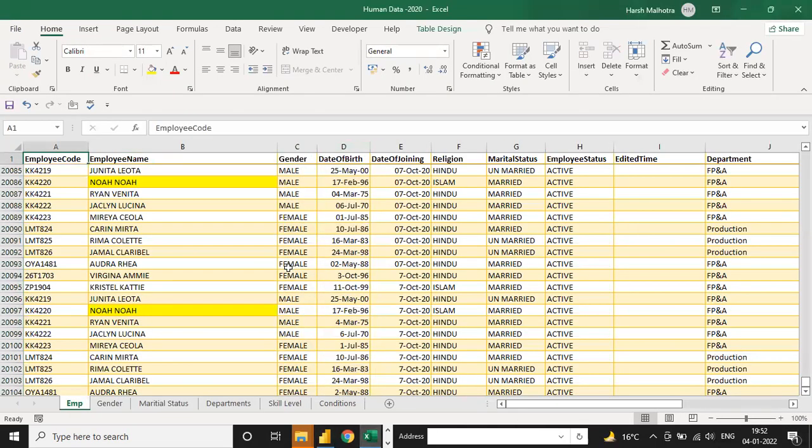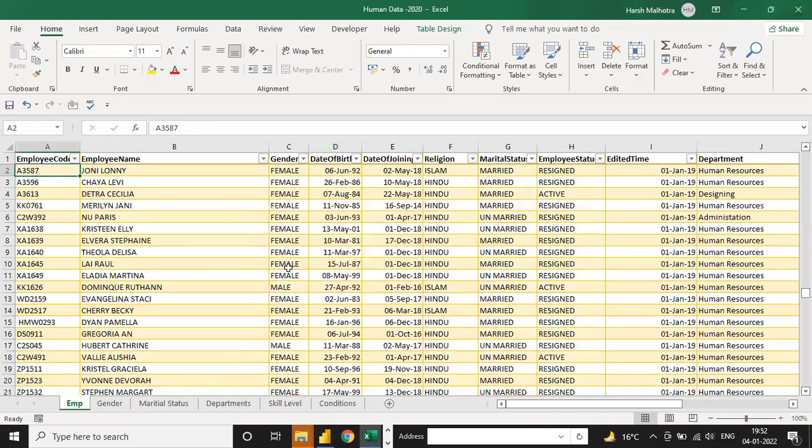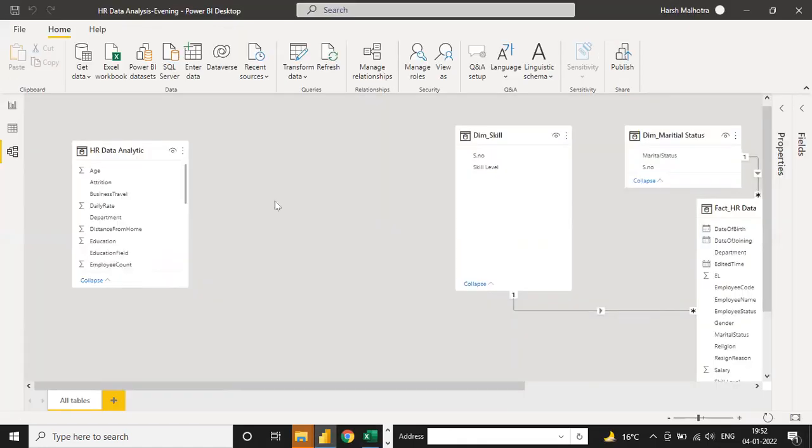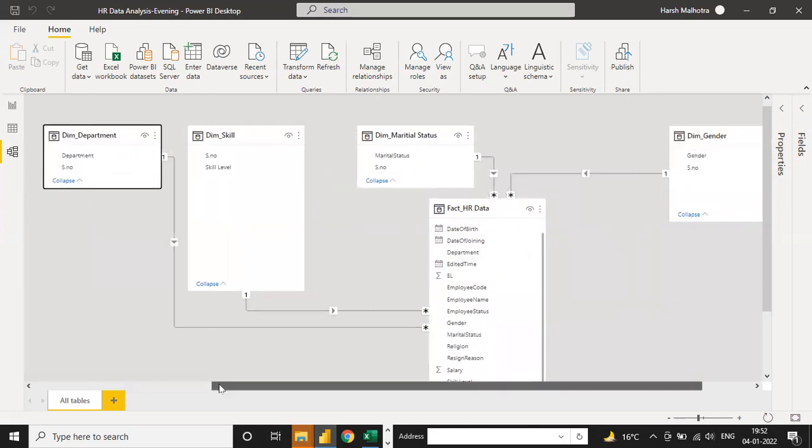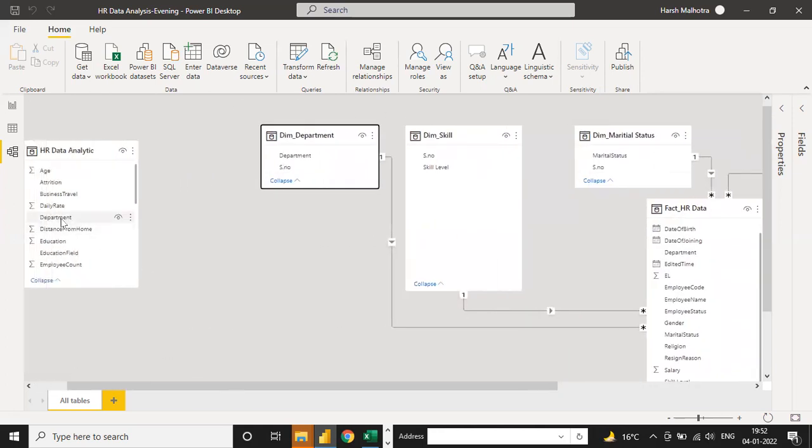Because all the data is related to HR. You can see here we have two types of data. One is in Excel form, one is in CSV form. But if you want to connect, you can connect. Let me show you. Here is a department. If you select this department, you can connect, nothing to worry about. See, it is automatically connected. But we don't want that.